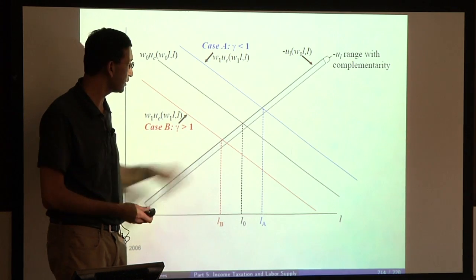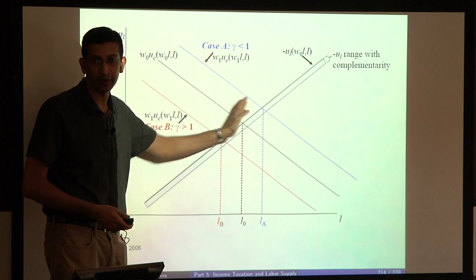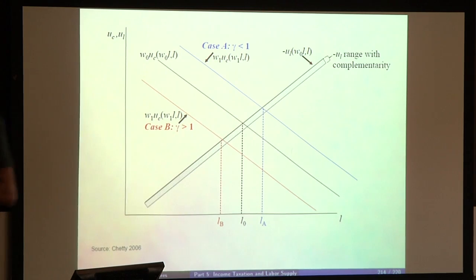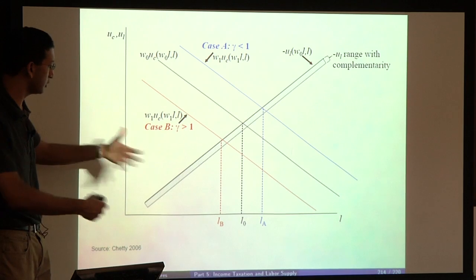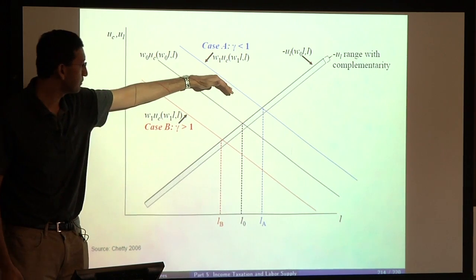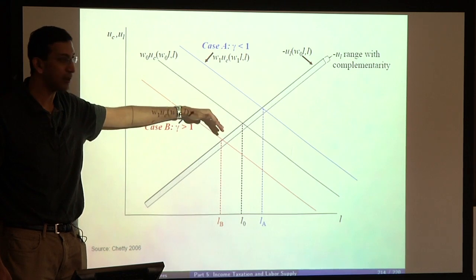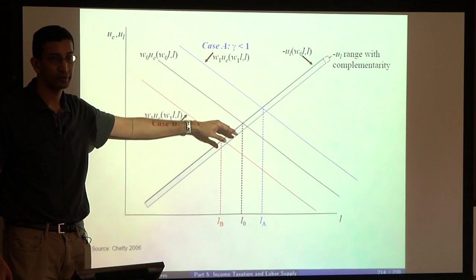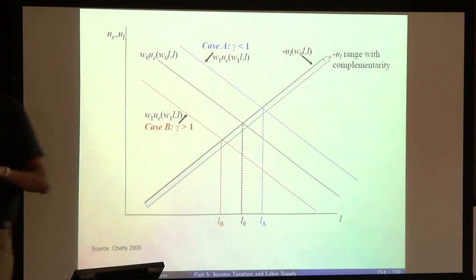If gamma is less than 1, you stay on the other side, where you have a positive uncompensated labor supply elasticity. So you can see from this diagram the key result that will come out when you connect it to the data: you cannot have a gamma much above 1. Risk aversion cannot be much above 1, otherwise you'd see patterns in labor supply that are totally disconnected from the